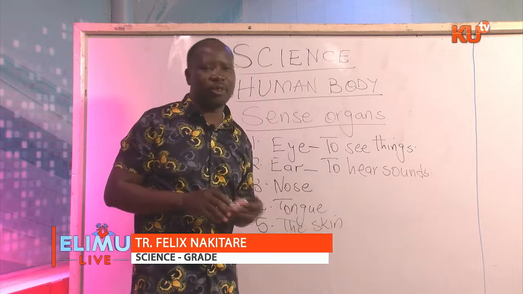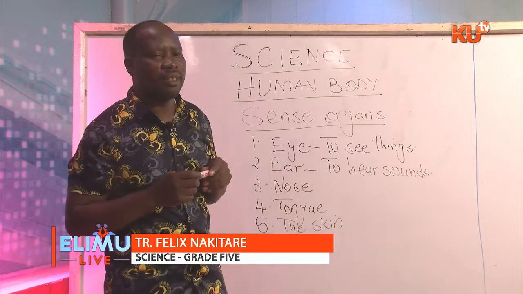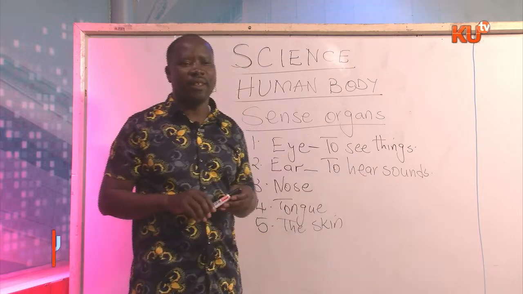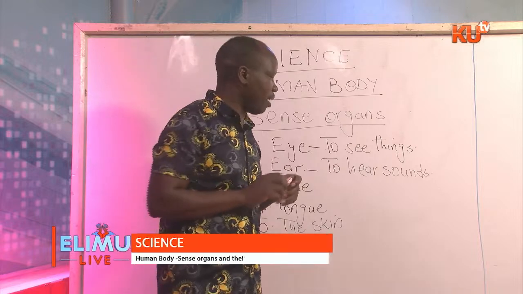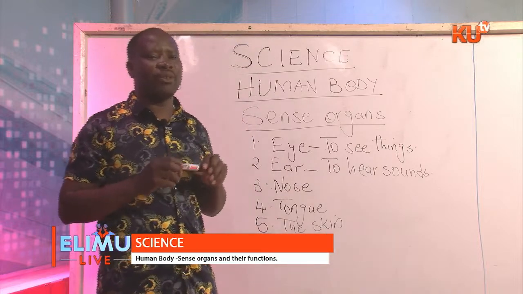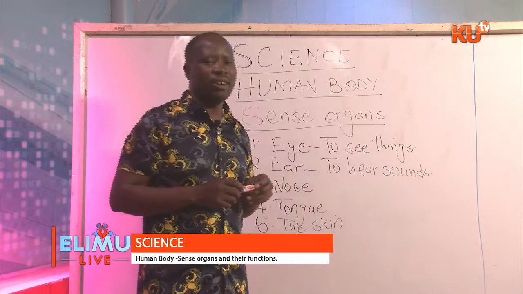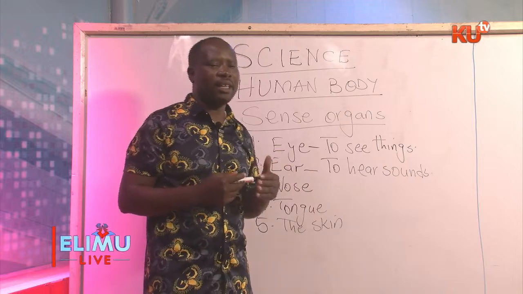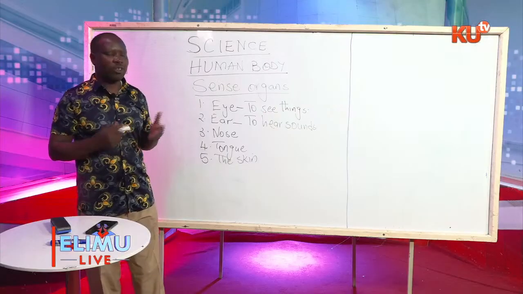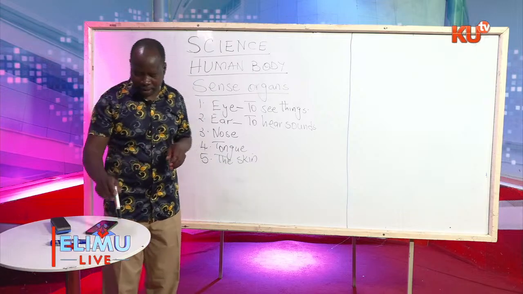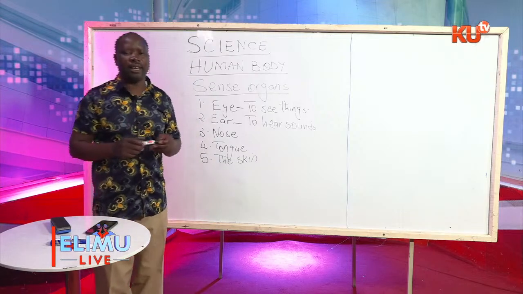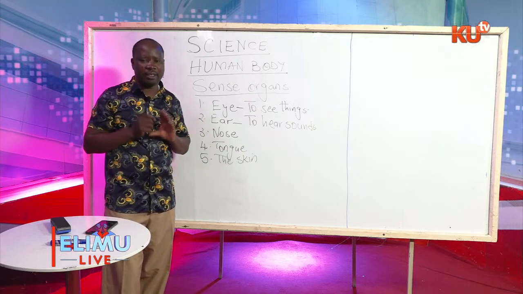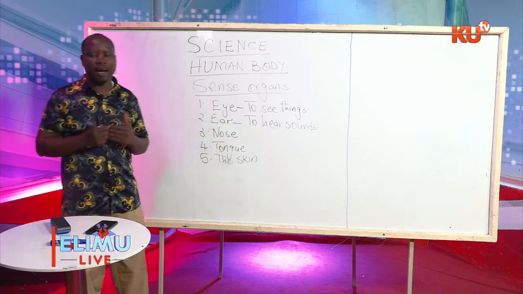So the function of the ear is to hear sounds around us. Sounds like the way I'm talking. You can get my sound. You can hear the sound of some music. You can hear a vehicle passing by. You can hear different sounds of animals like cows, or wild animals like elephants, like lions, like hyenas. You can get all those sounds. You can also get sounds of objects, like when I hit this table. You get that sound because you have your ears, and you can use your ears to hear what is happening